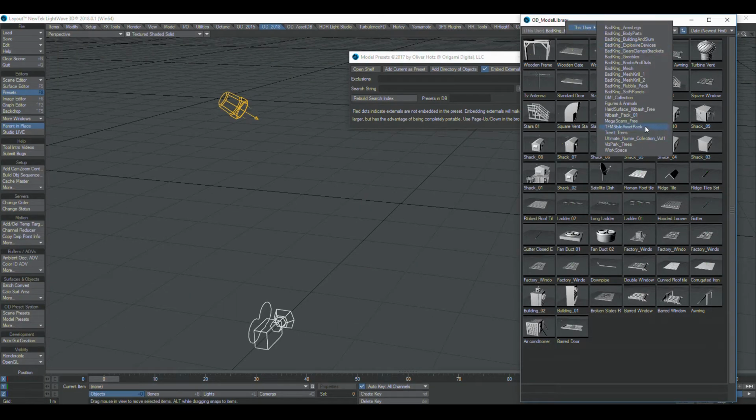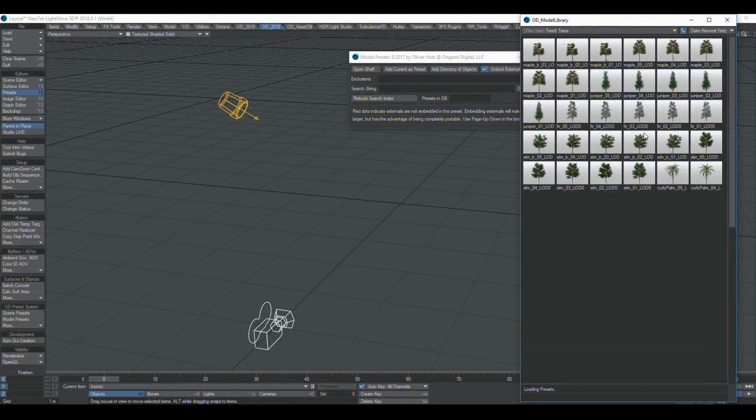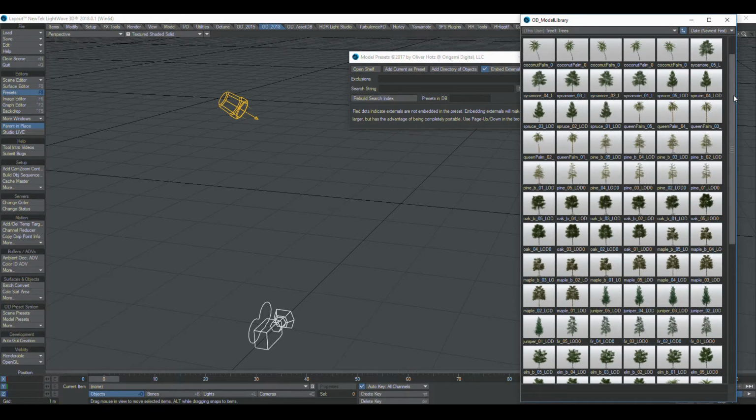For example, one of the things I just did yesterday is these tree collections. Again, it's one of those things where you might have all these different collections that you bought into, but typically, unless you're really good, you don't remember what they all look like. So with something like this, it's very easy to browse these libraries now and just add them. So if we just take one of these objects here,